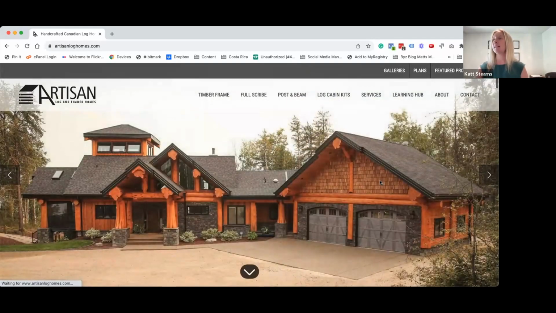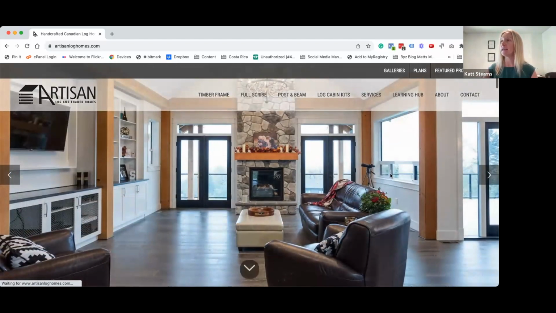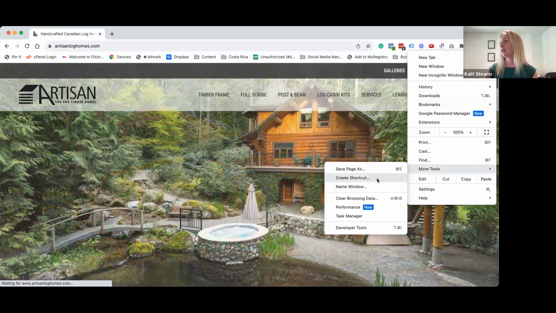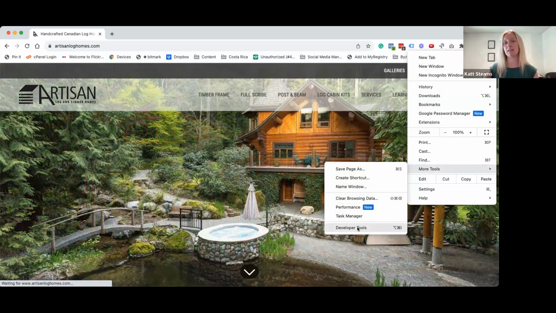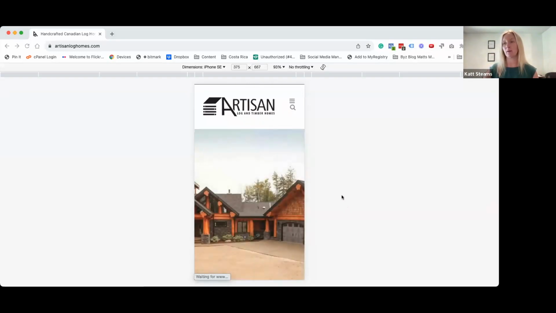So we're using Artisan's example here to show you how this would work. If you're already in Chrome, you're going to go to your website and you're going to come up here to these little three dots. You're going to click on that and come down to More Tools. In here, you're going to see an option where you should see Developer Tools. You're going to click on that and it's automatically going to render your website to show you